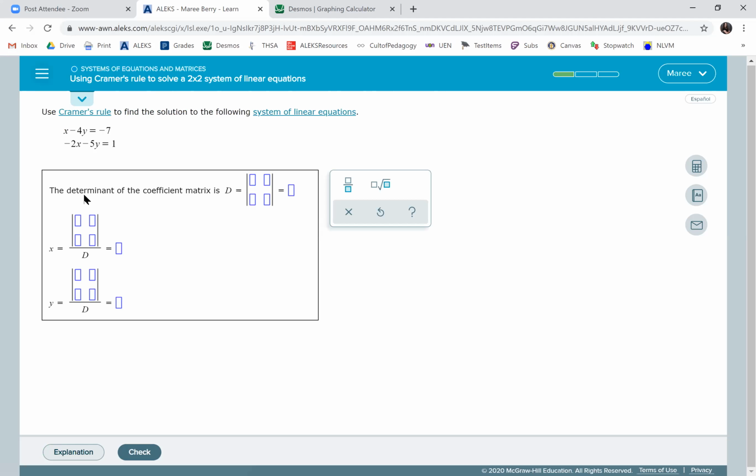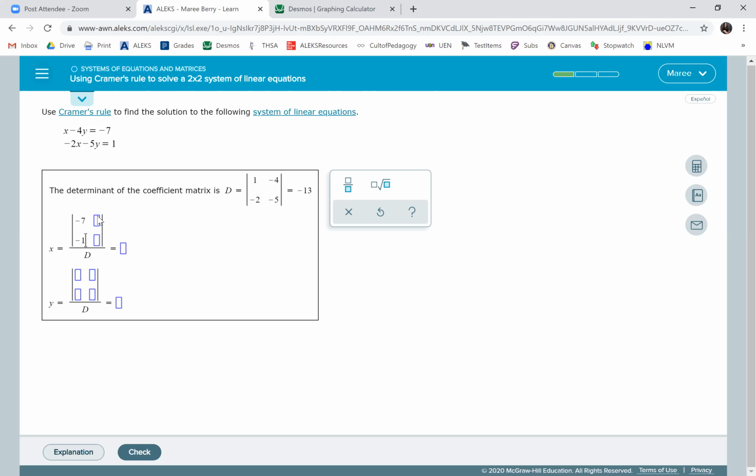First, we start by writing down the coefficient matrix. You can't forget the sign. So this is 1, -4, -2, -5. Then to find the determinant, it's really important to watch your signs. So -5 minus a +8. So we have -5 minus 8 is -13. Okay, so then we're going to put our answer matrix, -7, -1, here where the x numbers